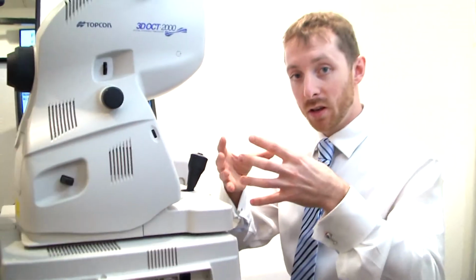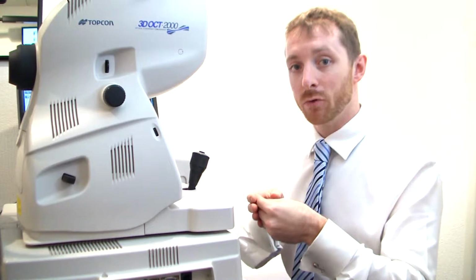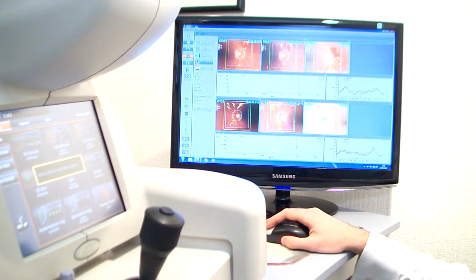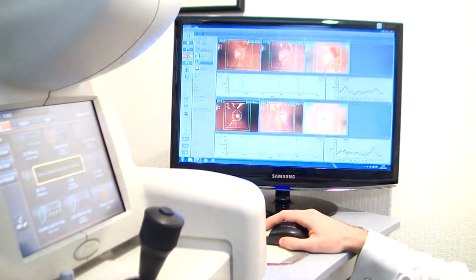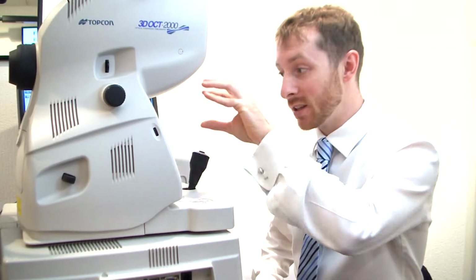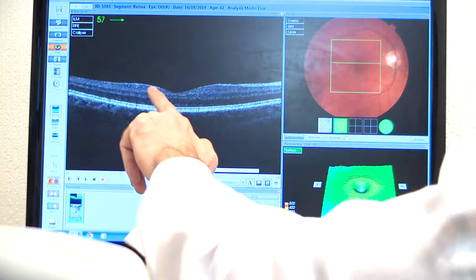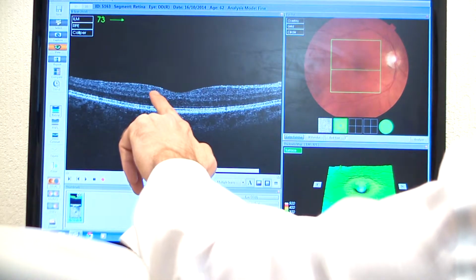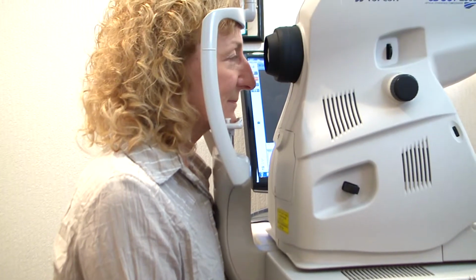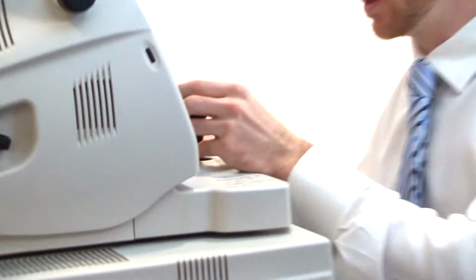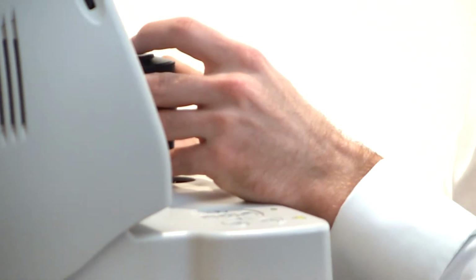When we have some problems with the back of the eye, because the eye itself is so small, when we look into the eye it is very difficult to see very small changes. What this camera does, because it takes slices through the retina, it can tell us straight away if the retina is flat or raised, or if there is a problem, not just where it is on the retina on the back of the eye, but how deep it is within the retina. The more information this gives us, the better we can do at sending this to the right people or monitoring it accordingly. So looking straight ahead for me, have that little green window there, and keep nice and still,